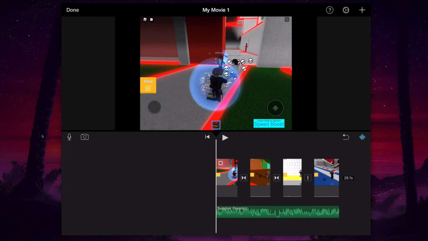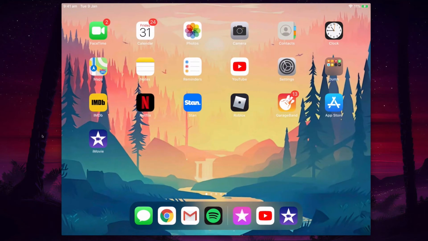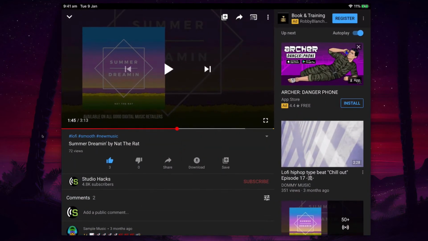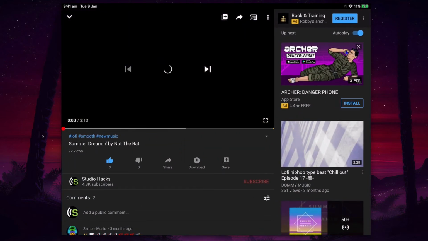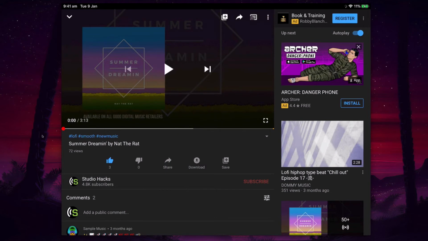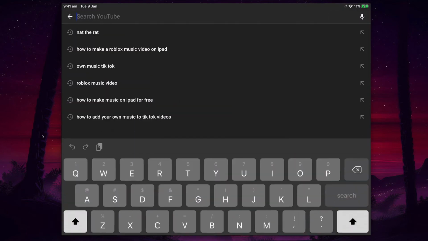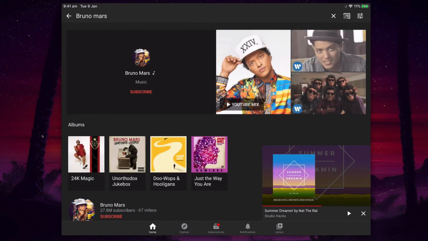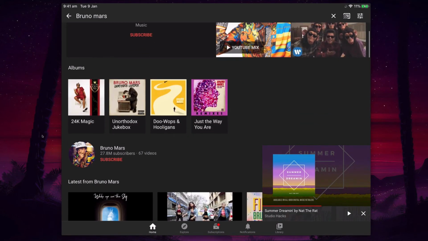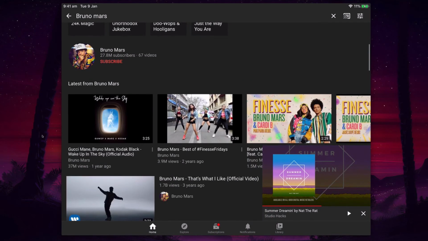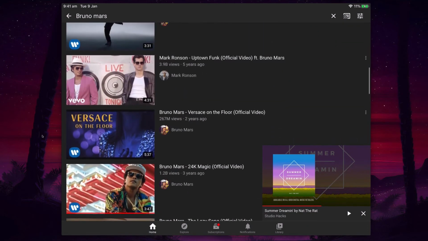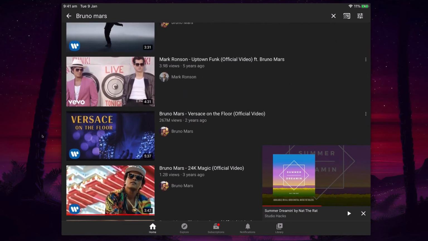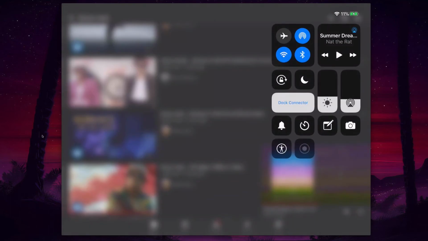So what you do for this secret hack is you fire up the YouTube app, you find the song that you want to record. So you can get anything you want, really. I mean, if you wanted Uptown Funk or something like that, or let's see what we've got here. Uptown Funk. Okay, so what you would do is you would swipe down and you would start a screen recording,